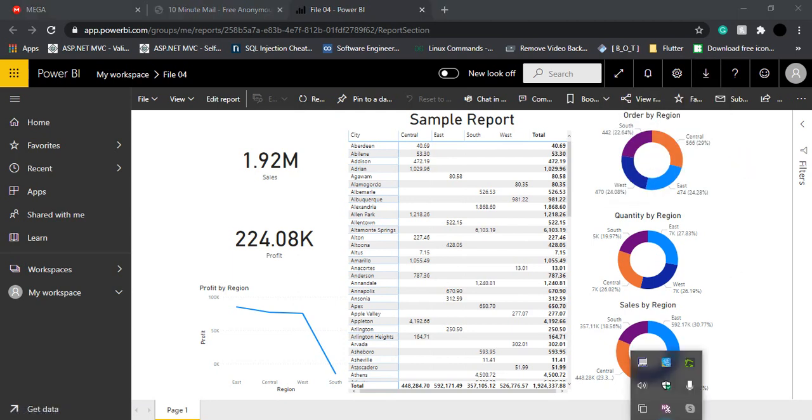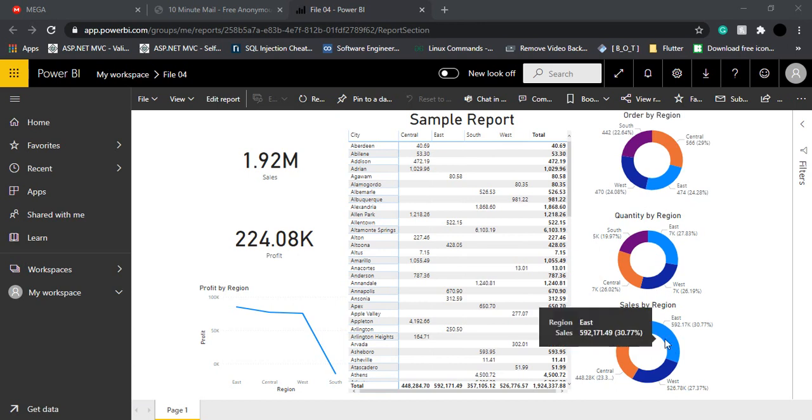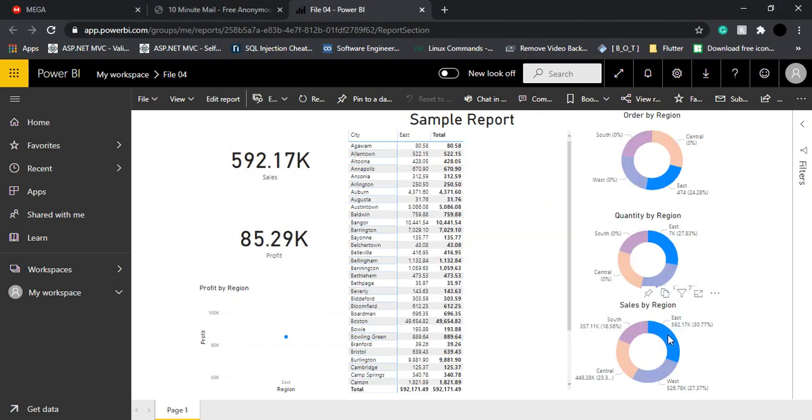Now, another important thing is that this report is interactive. Right now you see all the regions are visible, but if I click on this East region, I get, in these three donut charts, only the data of the East region. In these two cards, I get the sales and the profit from the East region, and in this table I get all the records for the East region itself.